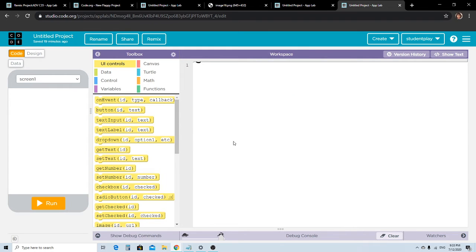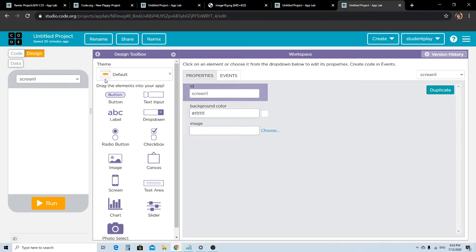Okay, so I'm going to studio.code.org. These are the blocks which we are going to use for block coding. So you see code, design, and data. First we're going for design. In design, we have button, label, text input, drop down.